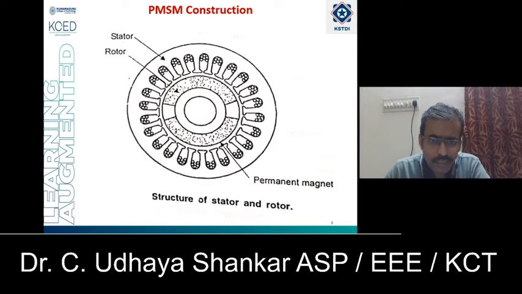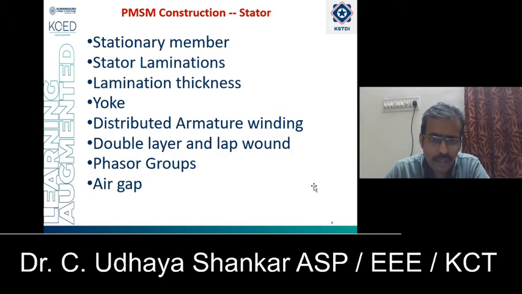To talk about the stator, the stator is a stationary member and it houses the armature windings. By making continuous strips of soft steel, the stator laminations for axial machines are formed. The thickness of the lamination depends upon the frequency of the armature source voltage. The cost is also a major constraint for selection of thickness. The yoke of the machine completes its magnetic path.